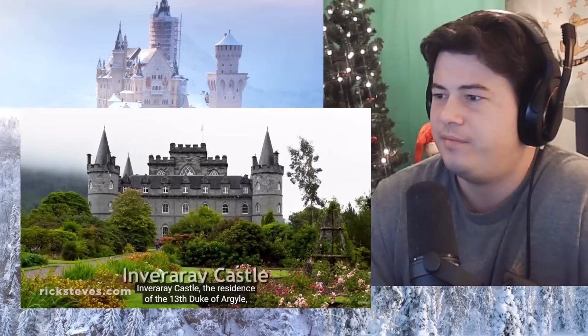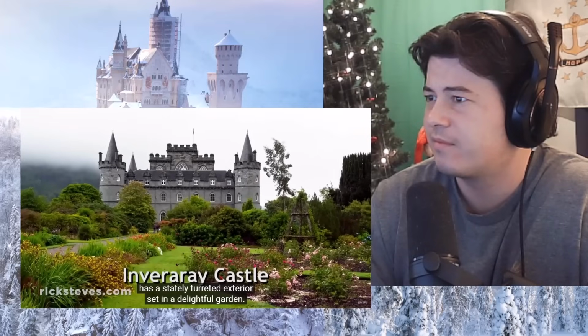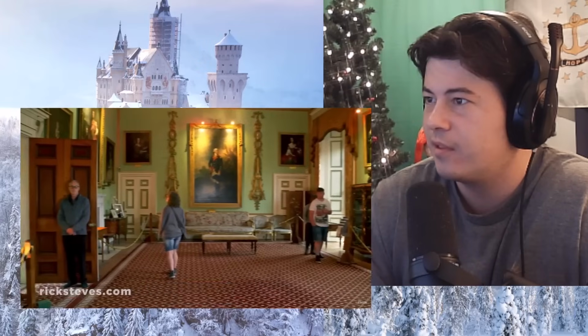Inverary Castle, the residence of the 13th Duke of Argyll, has a stately turreted exterior set in a delightful garden. Historically a stronghold of the Campbell clan, its walls are well...